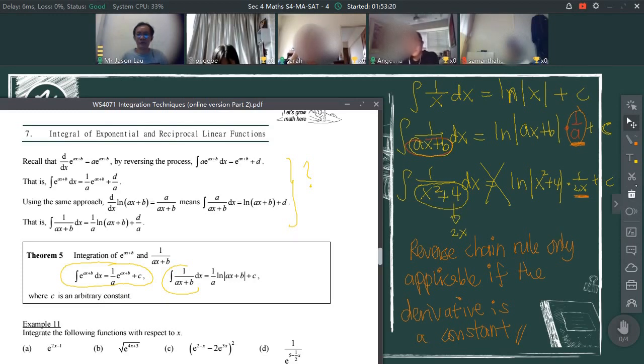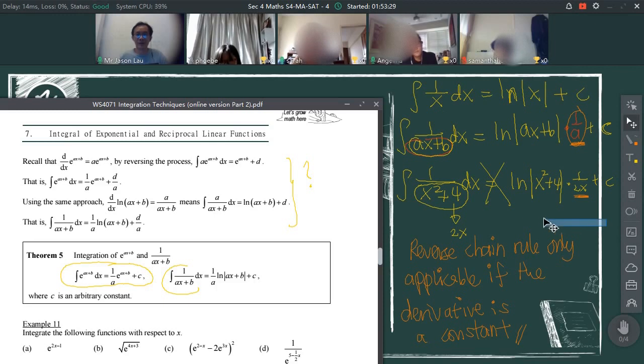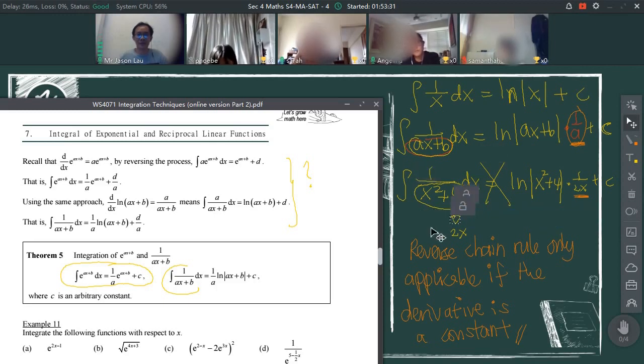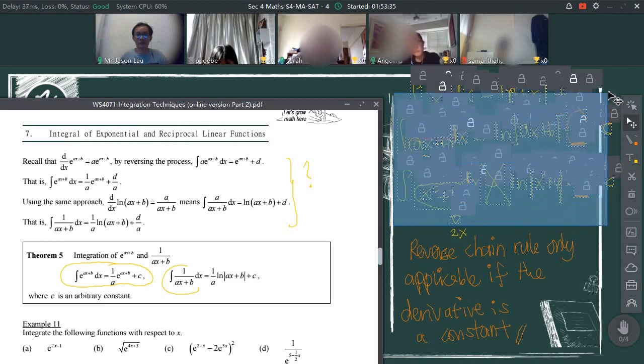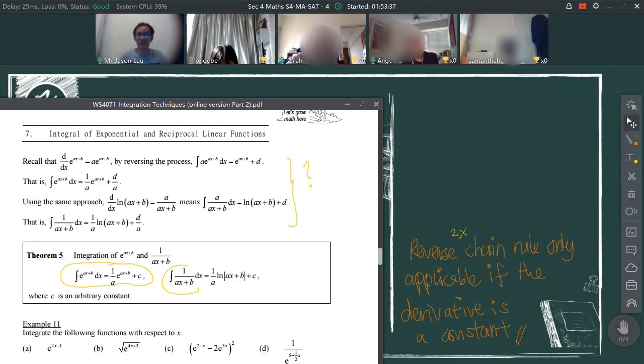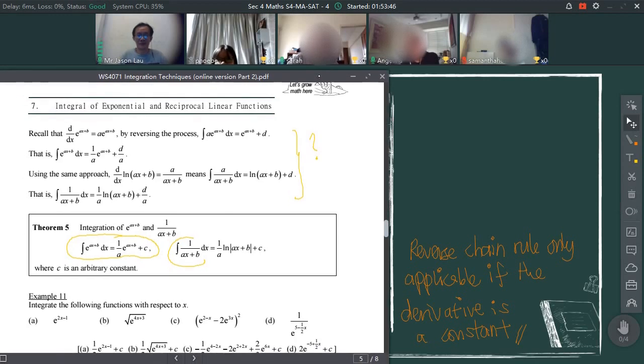This is a totally different ball game. It's a different formula, using a very different idea to solve it. Okay, people say integration is like a person who is very petty. You are very sensitive. You change a bit and cannot take it already. Then the person will be very angry. You cannot resolve the problem. Okay, so going back,